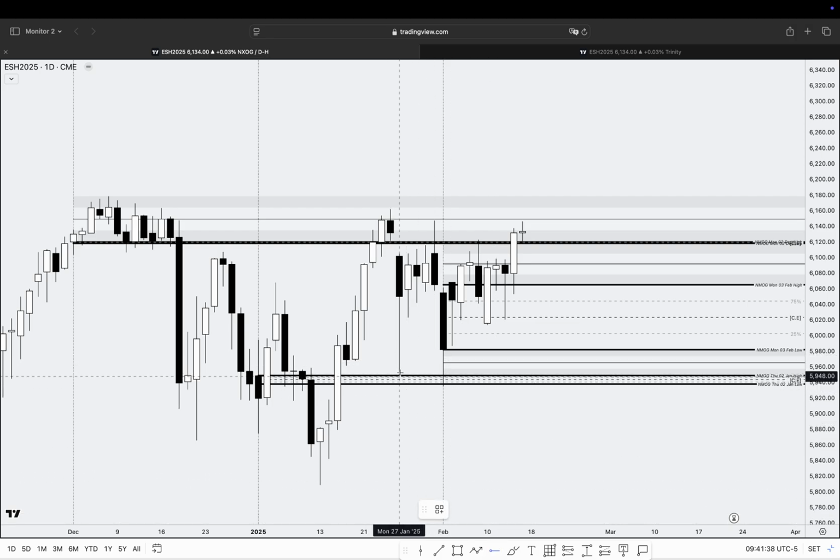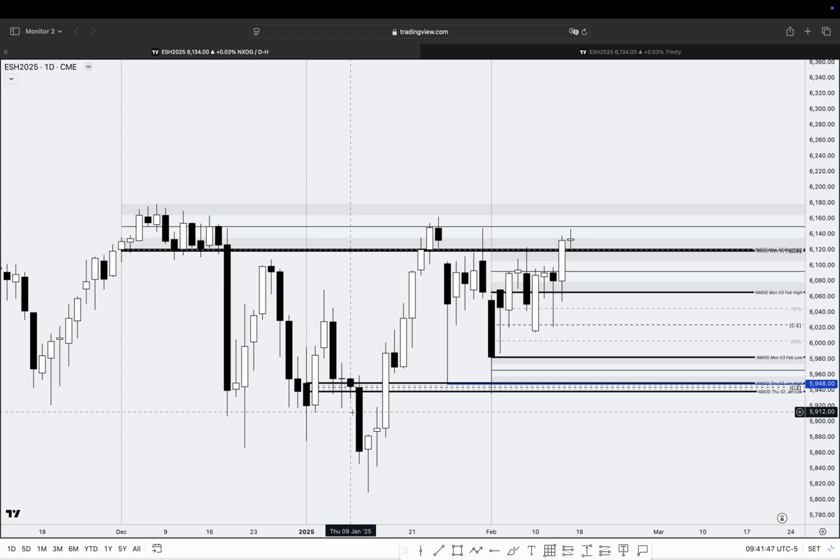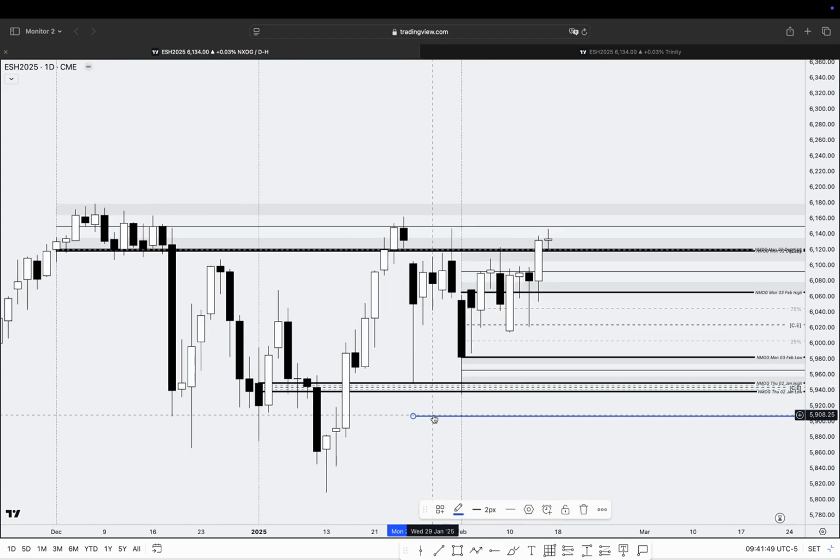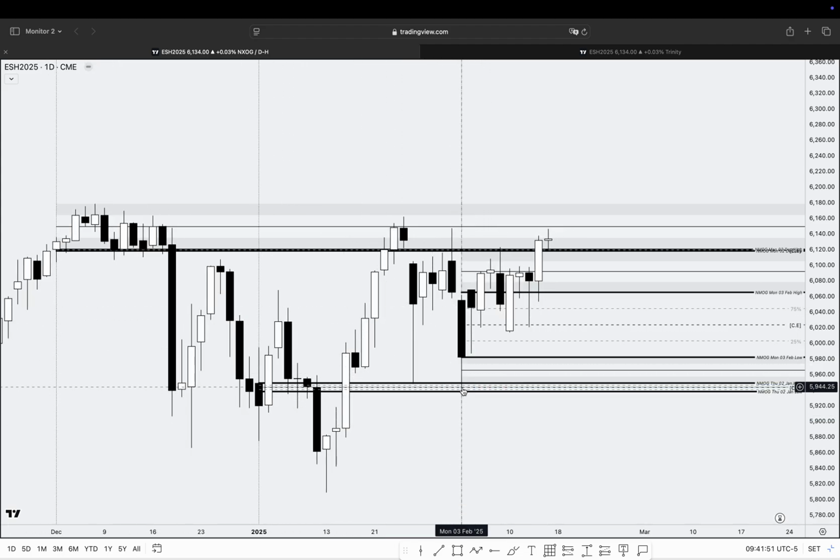Remember that I told you that this is the mechanism that the market uses to accumulate position. This is an offset accumulation in an area of fair value. We tap into the new month opening gap, and now we were closing above the